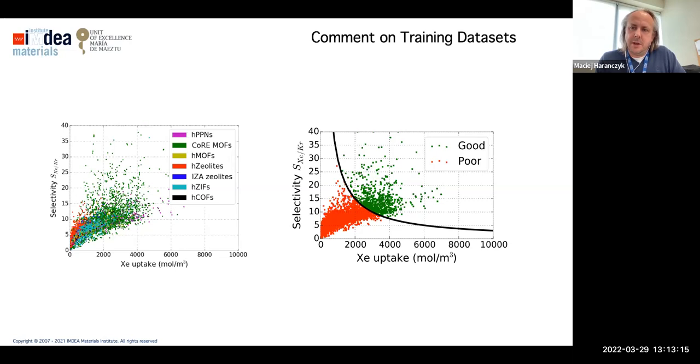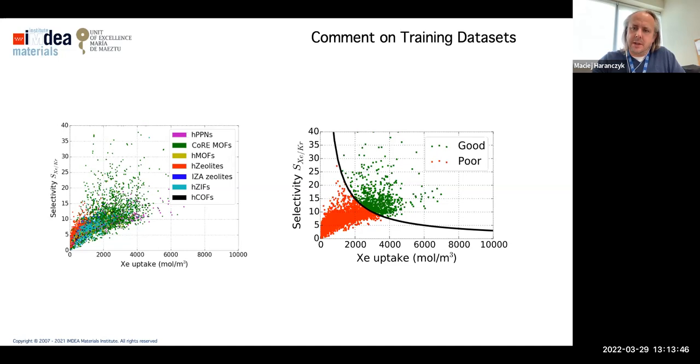And this is especially important when we work with experimental data sets. Experimentalists tend to record successful experiments. But for us doing machine learning, the failed experiments are equally important. So if you're doing experimental work, it's worth keeping track of failed experiments. All the materials that have poor performance or that we're not able to synthesize, just keep track of them, because this is extremely valuable for machine learning approaches.